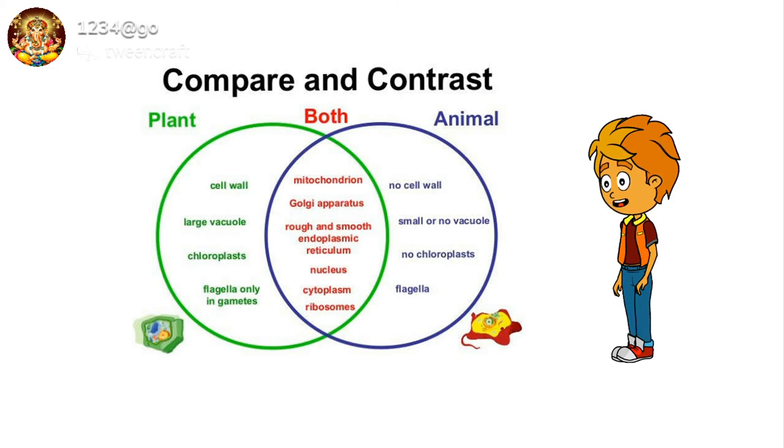Fourth point, plant cell has a large central vacuole that occupies up to 90% of the cell volume. Fourth point, animal cell. Animal cell may have many small vacuoles or it may be absent. Fifth point, plant cell. Nucleus lies on one side towards the periphery due to the large central vacuole. Fifth point, animal cell. Nucleus is usually located in the center of the cell.